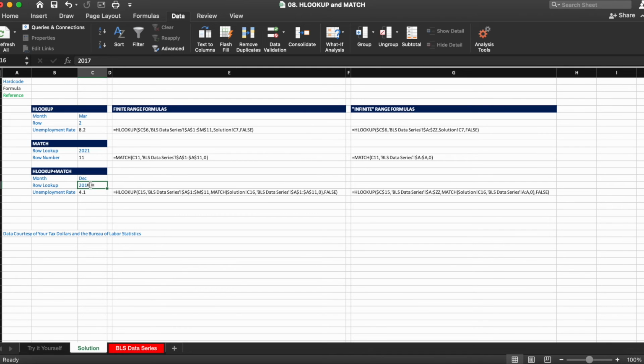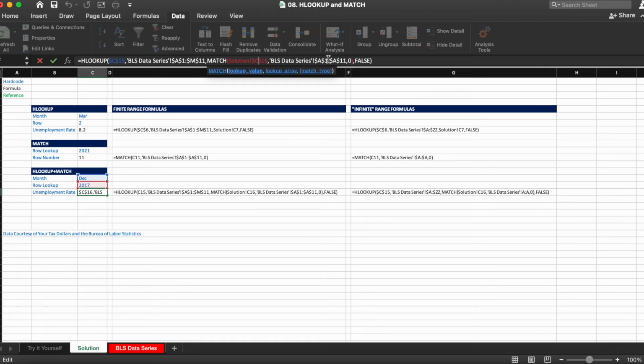Now, really quickly, I talked about ranges being the same length. So let's say, for example, in our match formula, instead of doing A1 through A11, we accidentally did A2 through A11. The value that gets returned is 4.7.